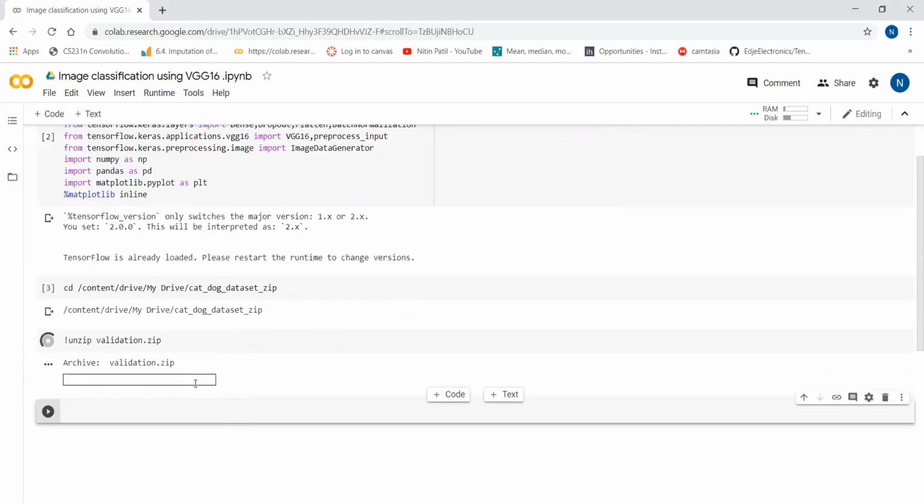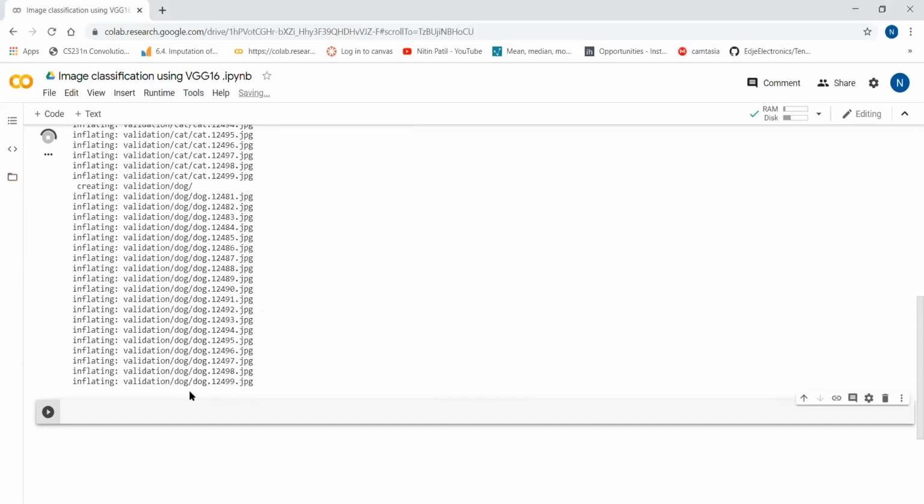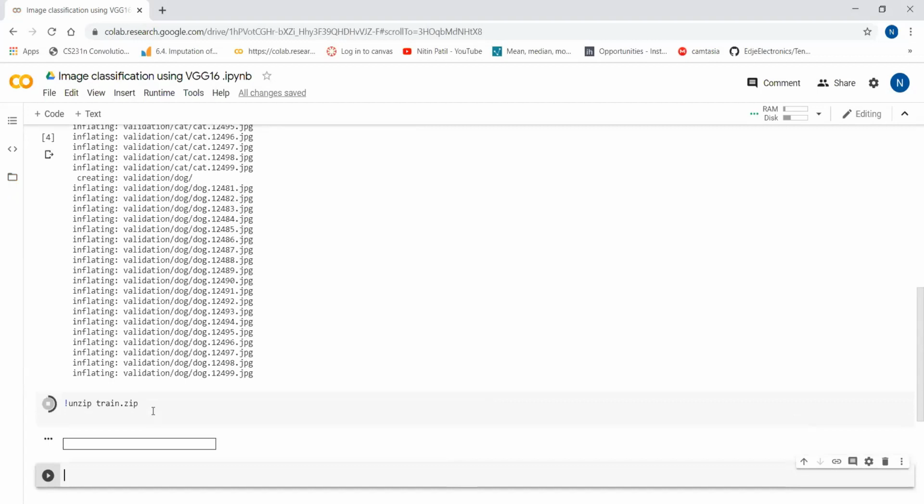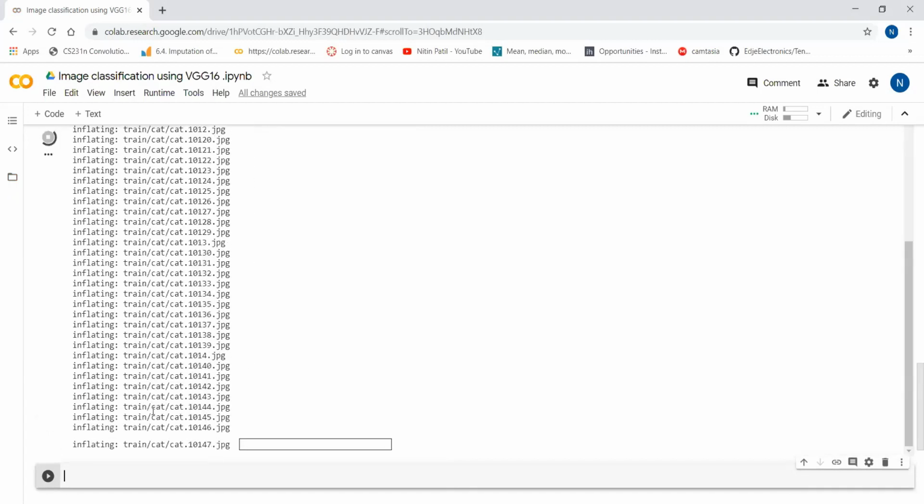Okay, extraction has been started. You can see it will take some time. Now I will unzip the train, unzip train.zip. Train.zip is going to be unzipped.